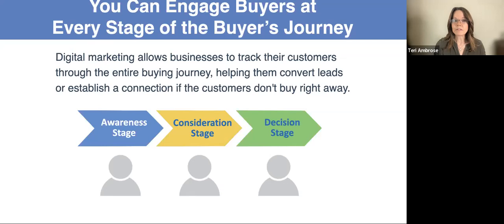And then maybe he's comparing the features of the different accounting programs and reading reviews and stuff like that. So that's the consideration stage. And then in the decision stage, now they've kind of narrowed it down, and they're ready to make a purchase